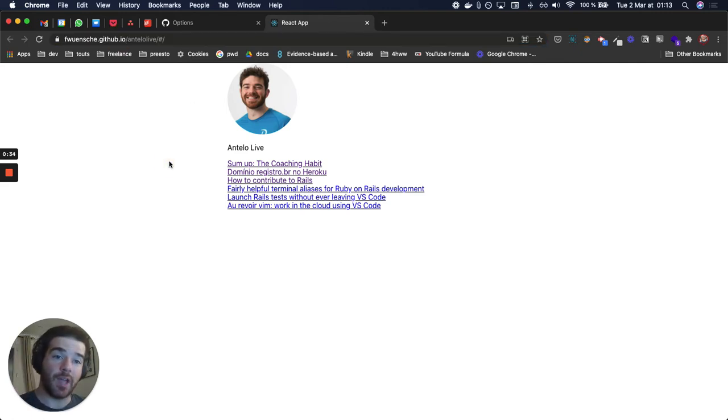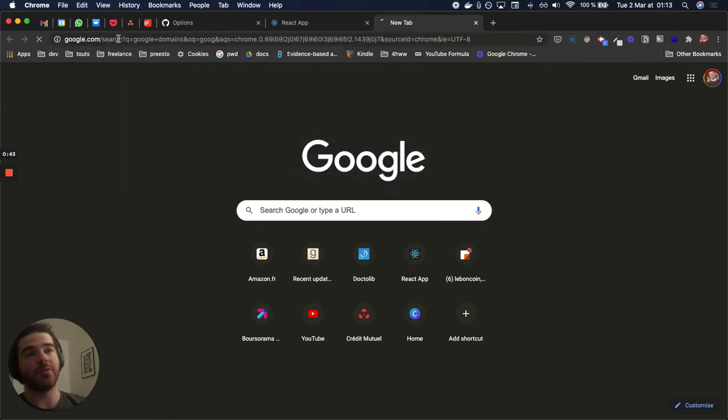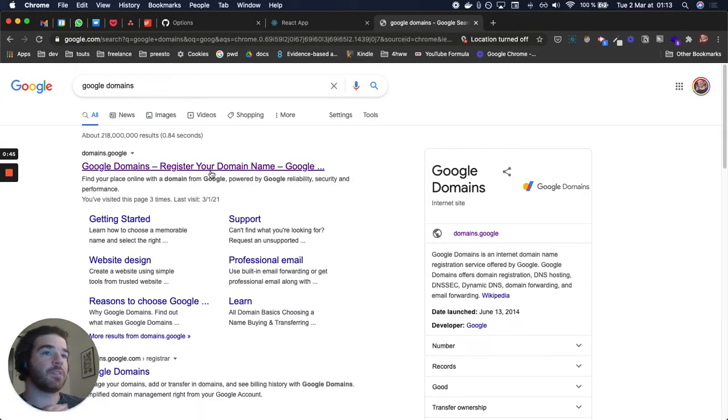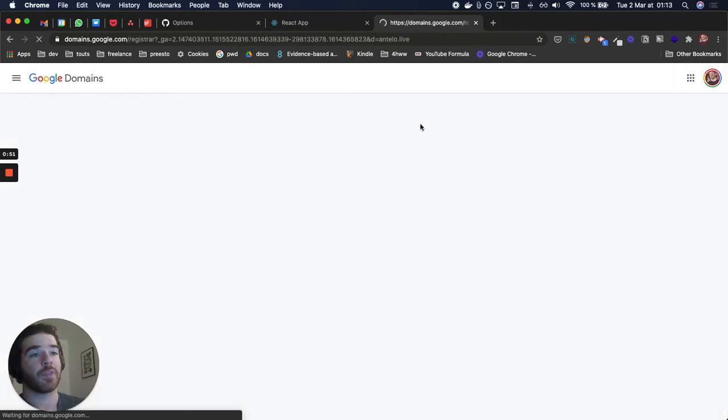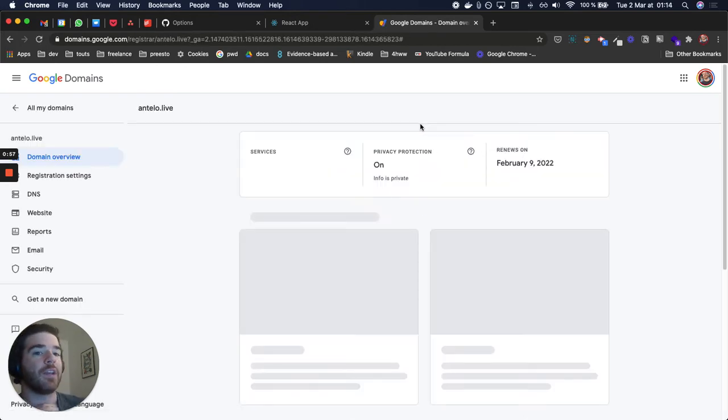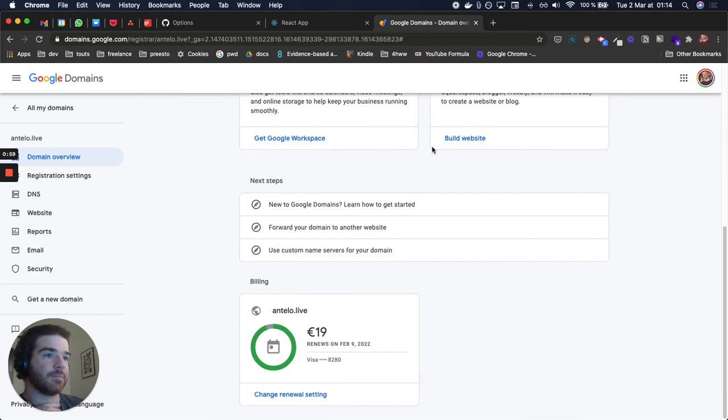What we want to do now is that instead of using this URL, we want to connect this to our custom domain. So I'm gonna go to Google Domains. This is what I'm using lately. I bought for the first time a domain there 2 weeks ago. So far so good. This is the first time that I'm actually gonna try it, so we're gonna see over time. Otherwise, usually I go with name.com.